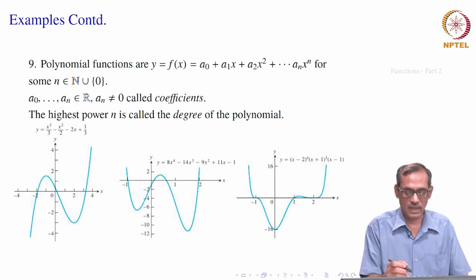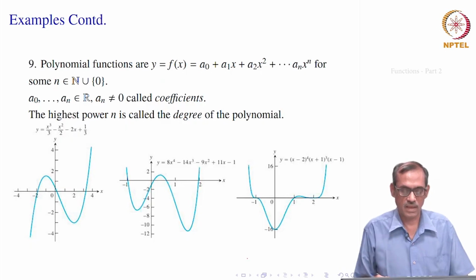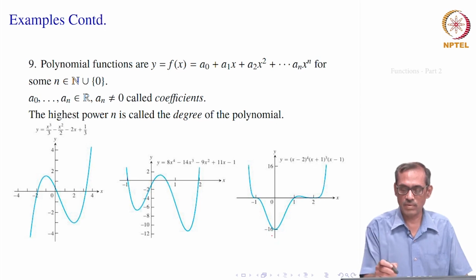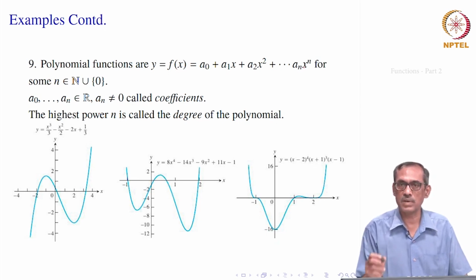So, now let us look at very simple ones which are also useful, say polynomial functions. Where we write a polynomial as a0 plus a1x plus a2x square plus up to anx to the power n, where these coefficients are given for a particular polynomial. Like you say y equal to 1 plus x square. So, this is a generic one, where these a0, a1, a2, these are real numbers, they are called the coefficients of the powers of x.